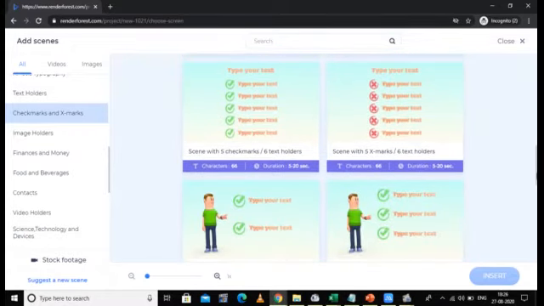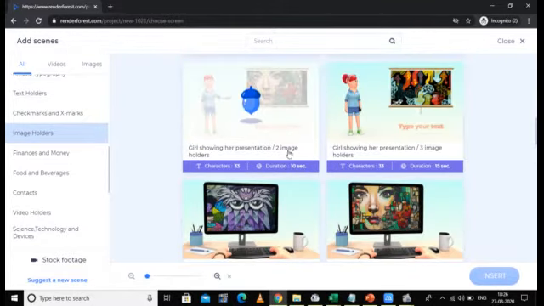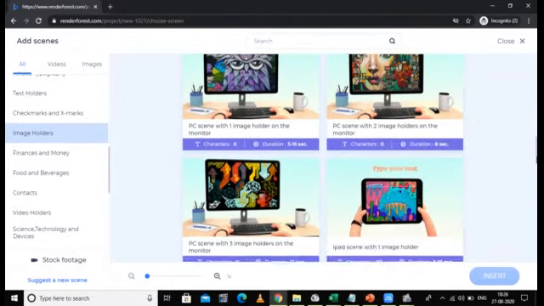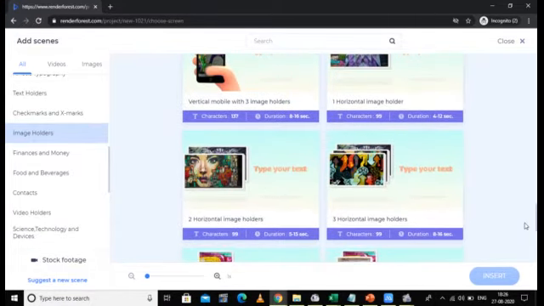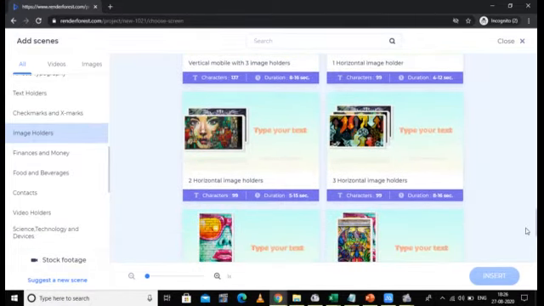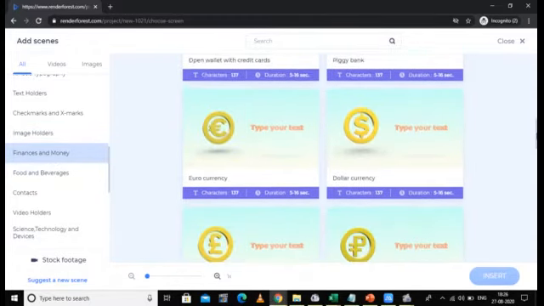Then we have image holders. If you want to place some images, you can have these kinds of image holders. We are going to use these in our videos and you will see how these actually work. The next option is finances and money. If you want to give something related to finances and money, you can have these kinds of scenes.